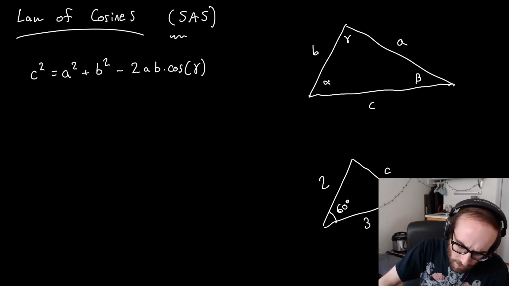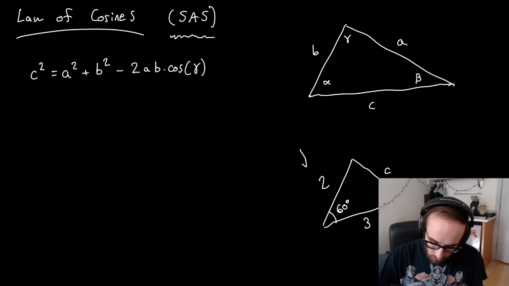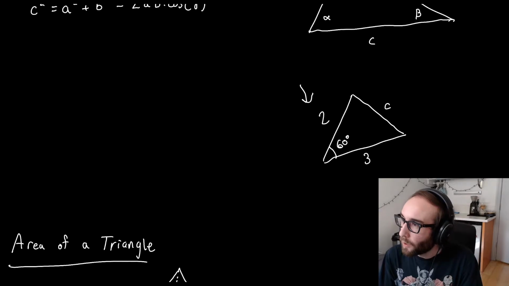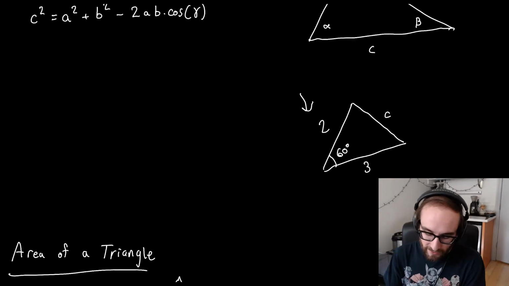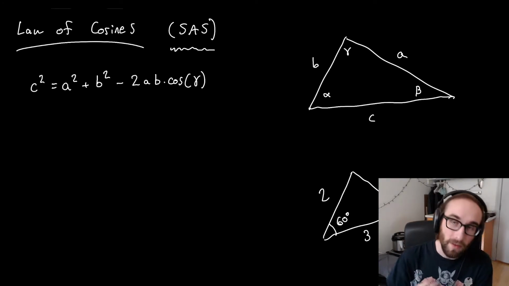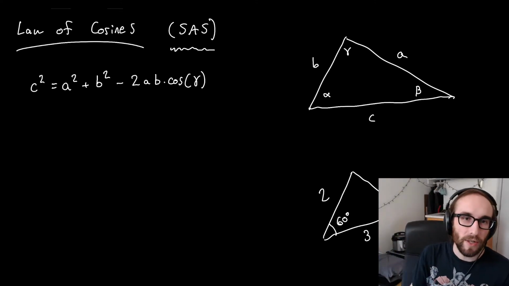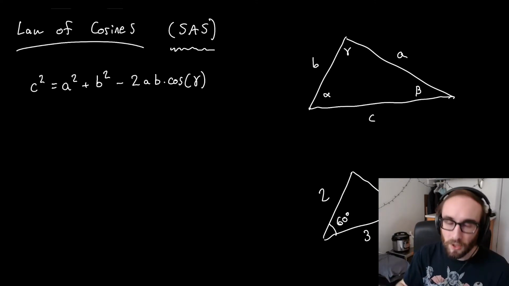In this video, we're just going to look specifically at side-angle-side triangles, like the triangle down here to the right. We have two side lengths, 2 and 3, and then the angle in between, 60 degrees. There are other situations where we can use law of cosines, and in fact, law of sines. We'll talk about that later in another unit when we look at the inverse trig functions. Today we're just looking at finding a missing side length when we're given two sides and the